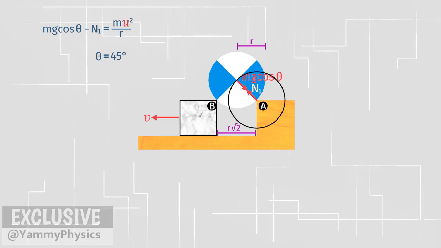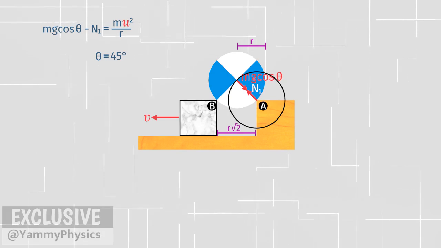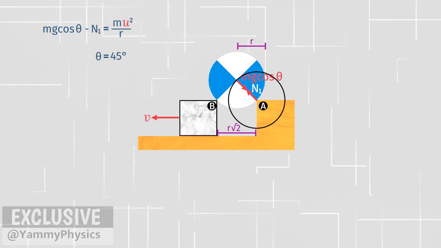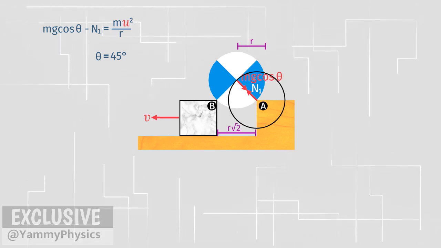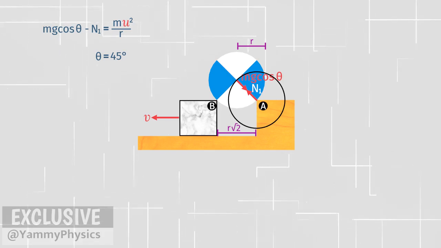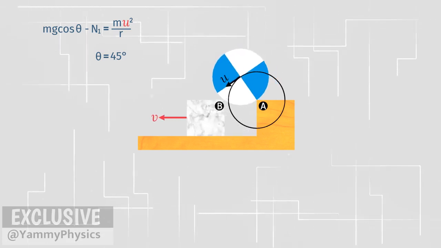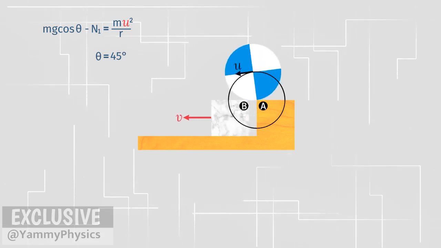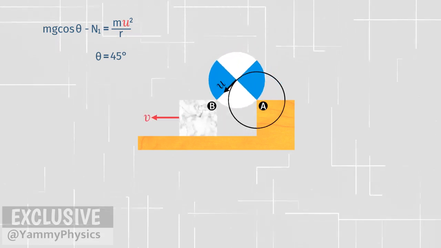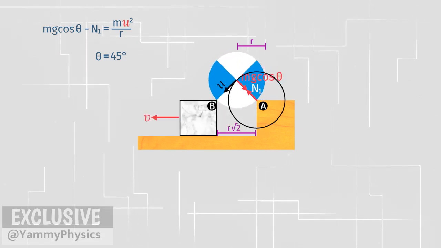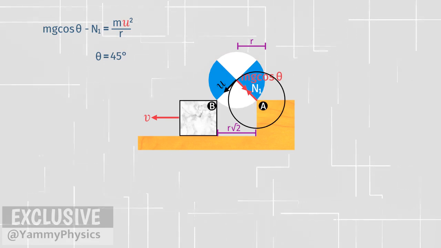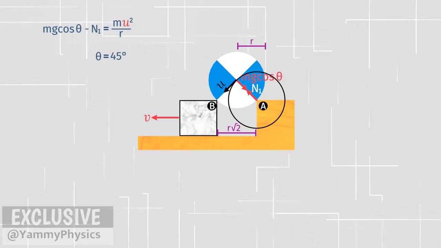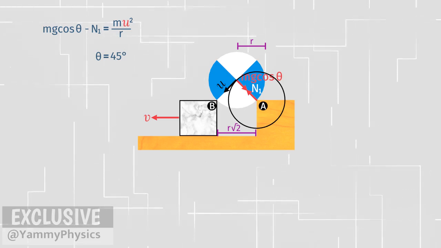In this equation there is a quantity u. What is this speed? U is the tangential velocity of the center of mass of the cylinder. Look at this animation. The tangential velocity is always tangent to the path. The speed is perpendicular to the normal force N1. This is true. In the condition of the problem, the direction of U is in line with the force N2.